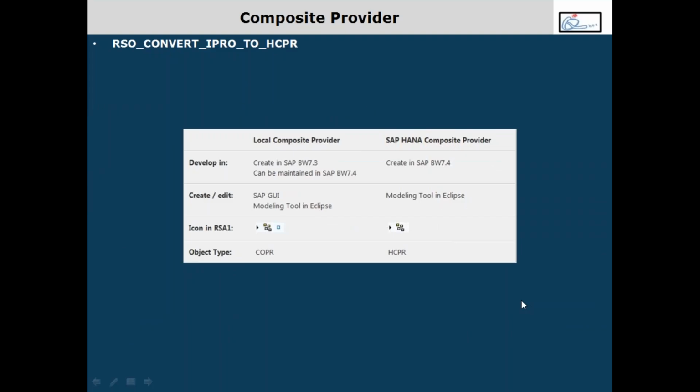So basically, in previous versions of BW prior to 7.3, we had multi-provider and InfoSet, multi-provider for union operation and InfoSet for join operation. And basically, the performance of InfoSet was really bad because the join was getting executed at the application layer and the BW layer. So to overcome this limitation, SAP initially came out with something called local composite provider in 7.3,